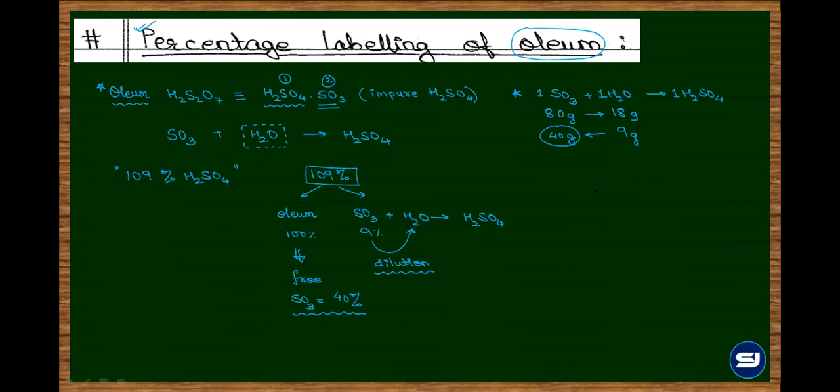तो अब simple way में, if I now give, let's say, 115% of H2SO4 या oleum भी देते कई बार. तो main what is the excess of 15% referring to? 15 grams of water. बस 100 के excess में जो भी percentage है, that is the amount of water. So 80 grams correspond to 18 gram water. So once again 15 gram water will correspond to how much? And that answer would be your percentage of free SO3. ये हो गया shortcut.